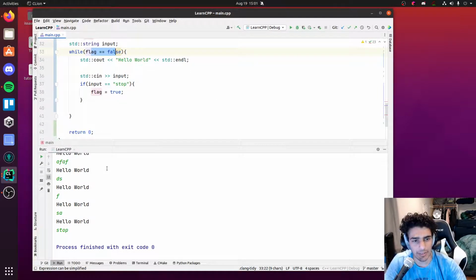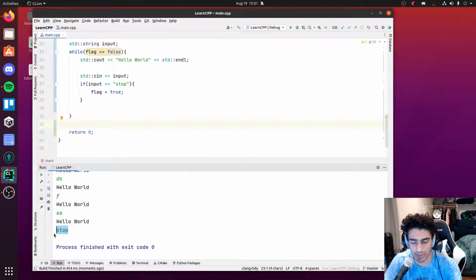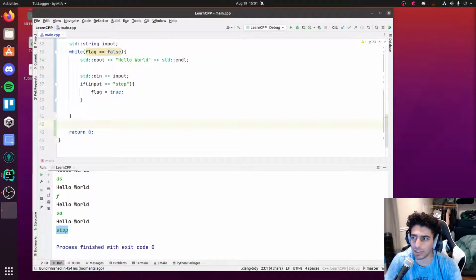And that's kind of the idea with while loops. That's the fundamental principle of a while loop: we're going to keep looping until something happens. In this case, it was the user inputting stop. But there's other examples. So, for example, I have a program I created when I was a tutor at my